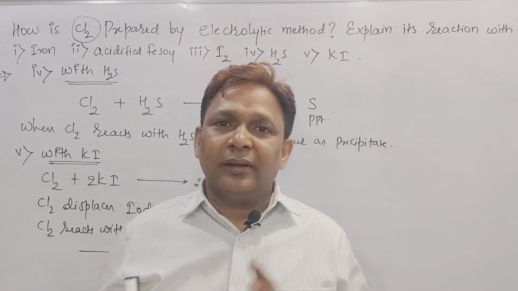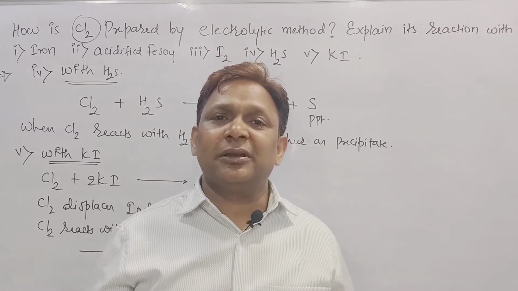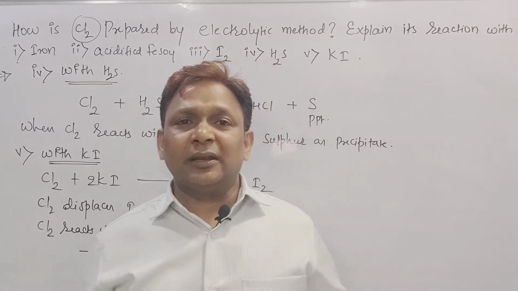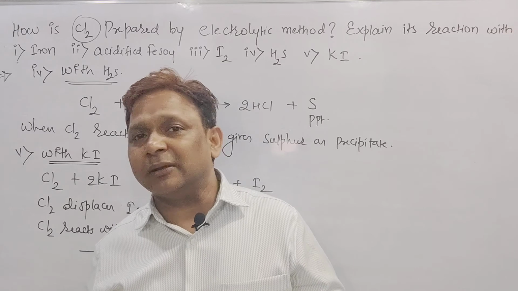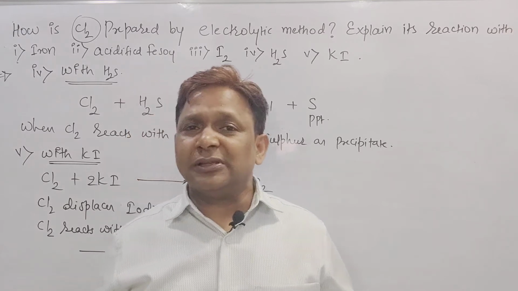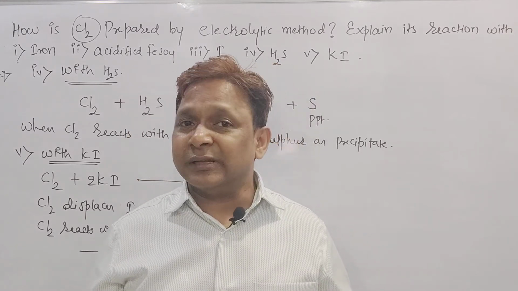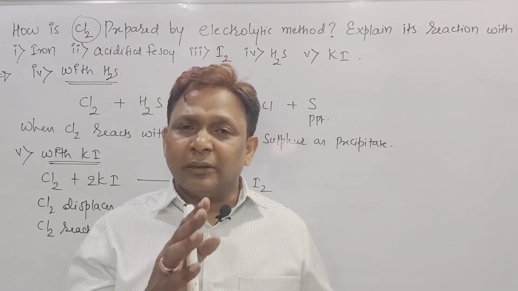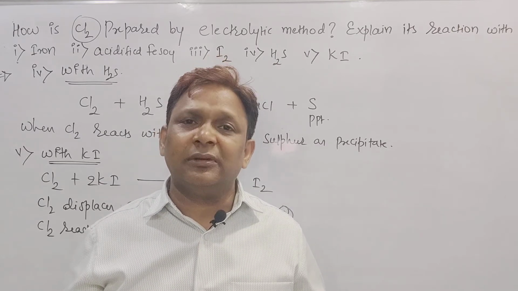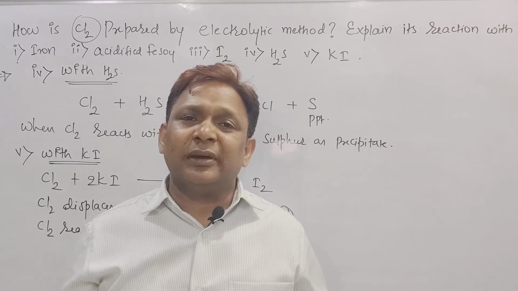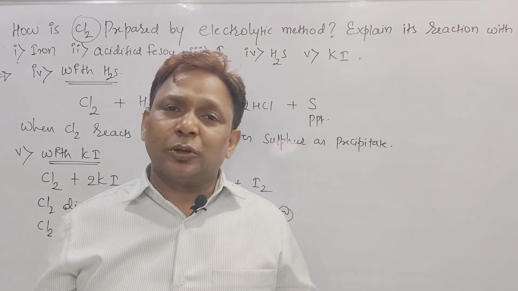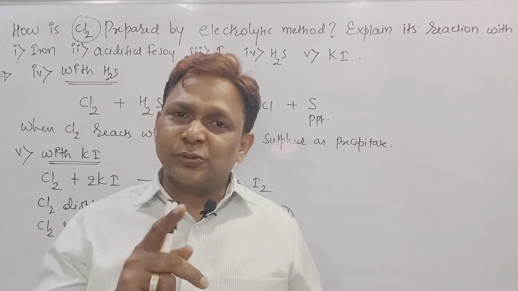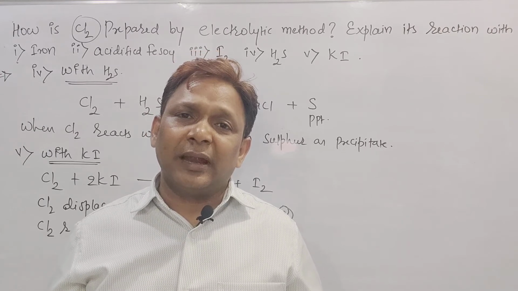Then diagram over and steps over, then go for the ionization reaction. 2NaCl gives rise to 2Na+ and 2Cl-. Na+ is positively charged, so it will be collected at the cathode. Cl- is negatively charged, so it will be collected at the anode, that is positively charged. 2Cl-, by losing 2 electrons, liberates chlorine gas at the anode. So first point beta, chlorine gas is liberated at the anode.